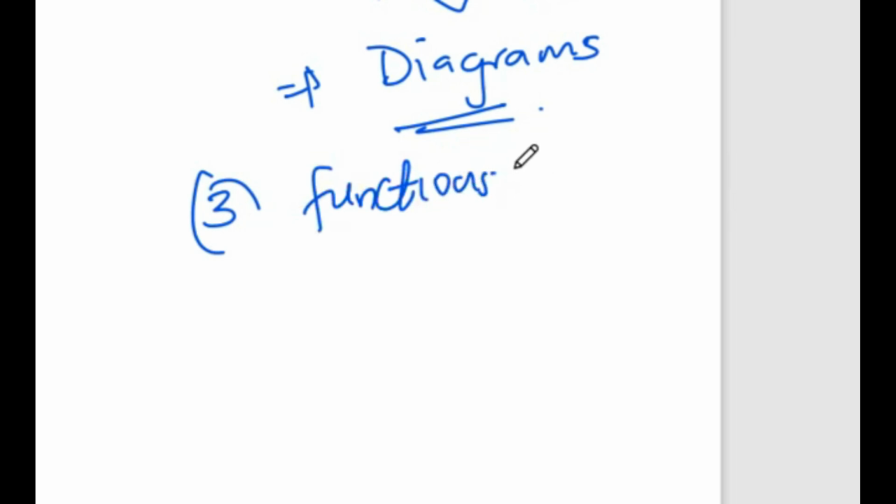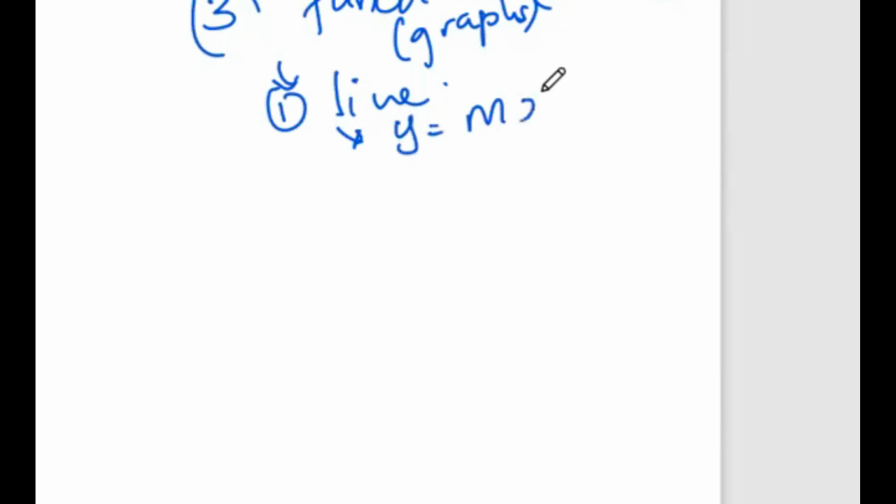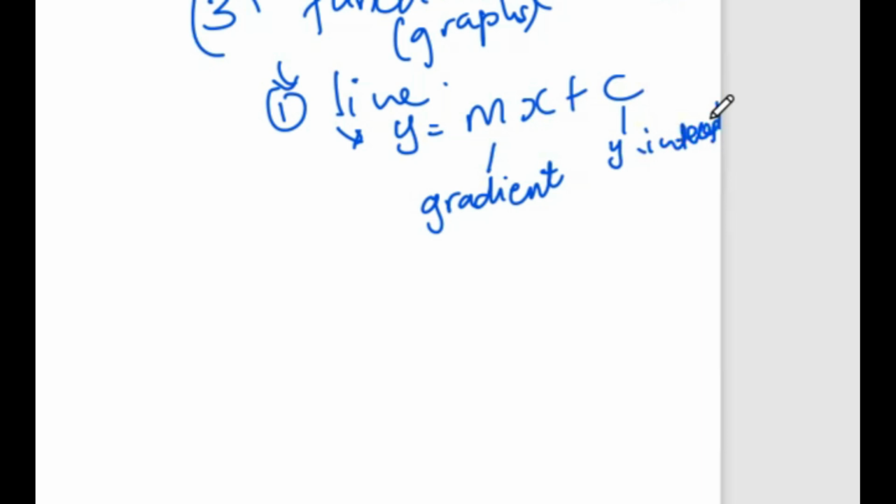Functions, not so much, plus minus 25 marks. Now, functions can also be known as graphs. Okay? Now, what graphs do we find under paper 1? Number 1, we have what we call a straight line. We need to know at least how to sketch how the straight line is described. So it's normally in the form of mx plus c, where our m is the gradient, and then c is the y-intercept. So grade 10, how do we get the gradient?